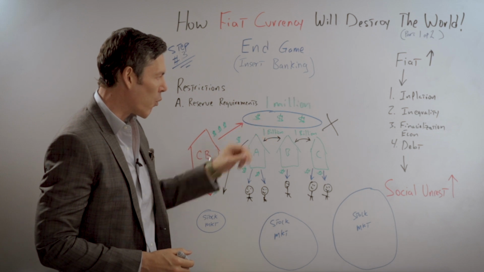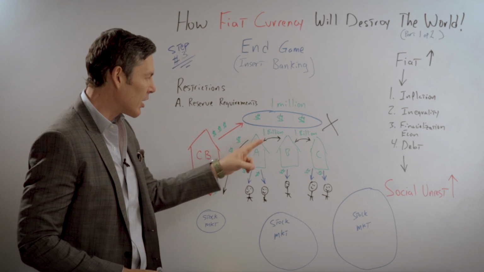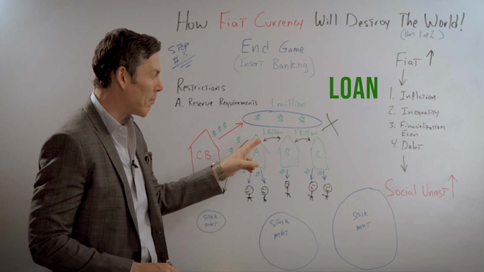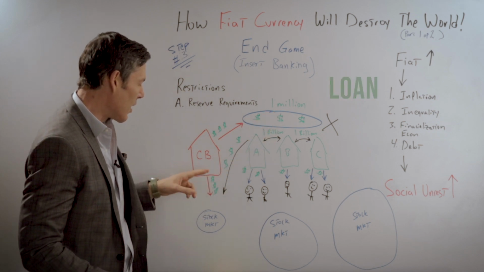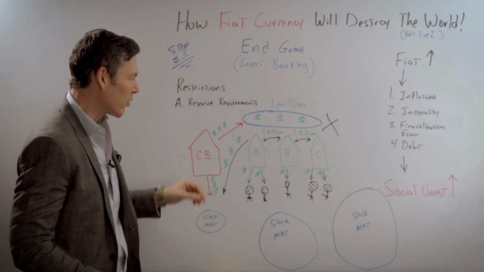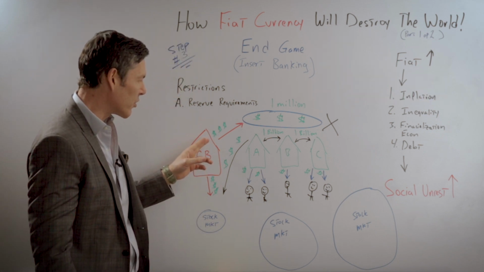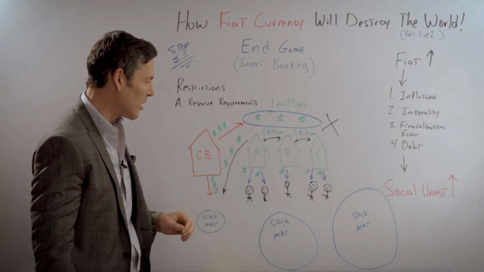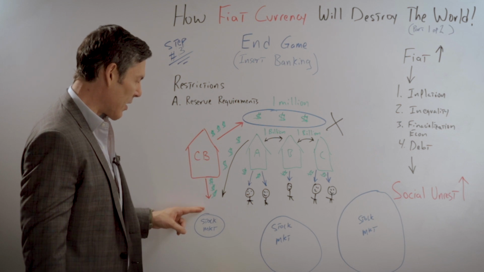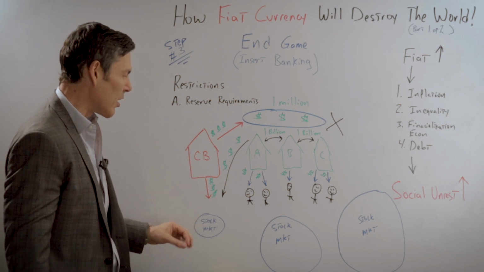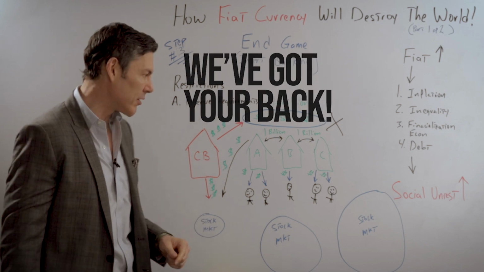Even if there's only a $1 million pool of money in their reserves, they can loan each other each $1 billion, $100 billion, $100 trillion, and the Fed or the central bank will just say, hey, no problem. We'll go ahead and print those reserves for you and inject them into your accounts. And oh, by the way, we are injecting boatloads of money into the stock market. So you don't have to worry about it ever going down. We've got your back. There is a Fed put.